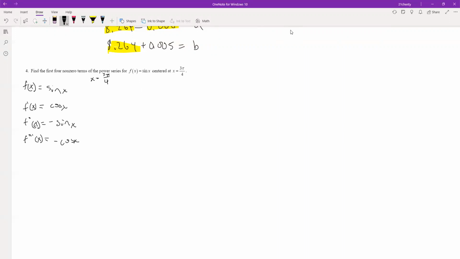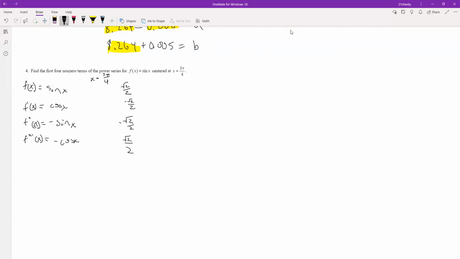So sine of 3 pi over 4 is rad 2 over 2. Then cosine of 3 pi over 4 is negative rad 2 over 2. Then negative sine is negative rad 2 over 2. And then negative cosine is rad 2 over 2. So plug that into